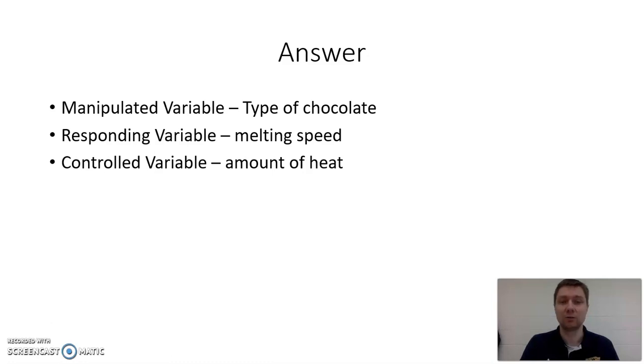And then the controlled variable is that you want to make sure you have that chocolate on the same amount of heat. If you turn the heat up on one type of chocolate and way down on another, then obviously that's going to affect the time in a way that you don't want it to. The other type of control variable that isn't listed here, that you may have on your sheet, is that you want to make sure you have the same amount of chocolate, right? If you had one piece of chocolate that was 5 grams and another one that was half a pound, then the one that's smaller is probably going to melt faster than the one that's larger. And so